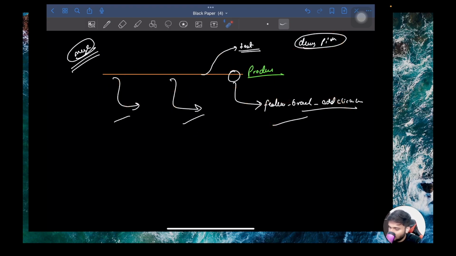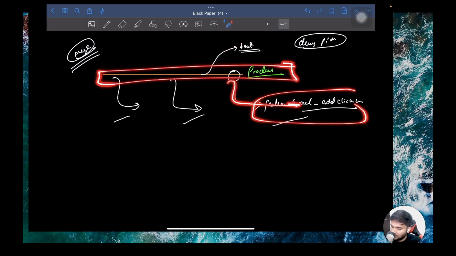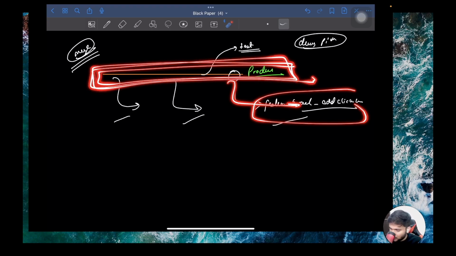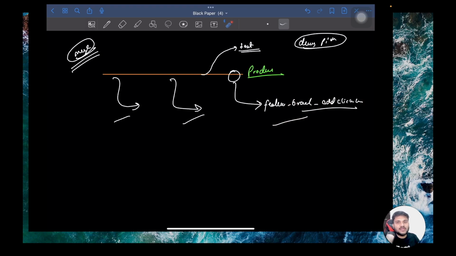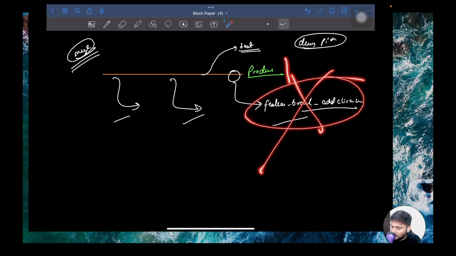branch. But technically the main use case of branching is that you will be able to work in parallel on different features without affecting your main line. You are not affecting your main line, you're working on something else in parallel. If you are not able to do something properly, you can just delete this branch altogether. There is, I guess, a command git branch -d and then the branch name. It will delete the branch altogether, right? And it will not affect the main line.